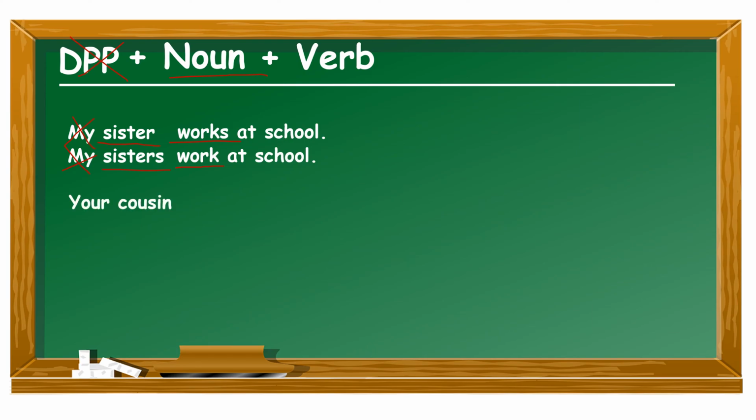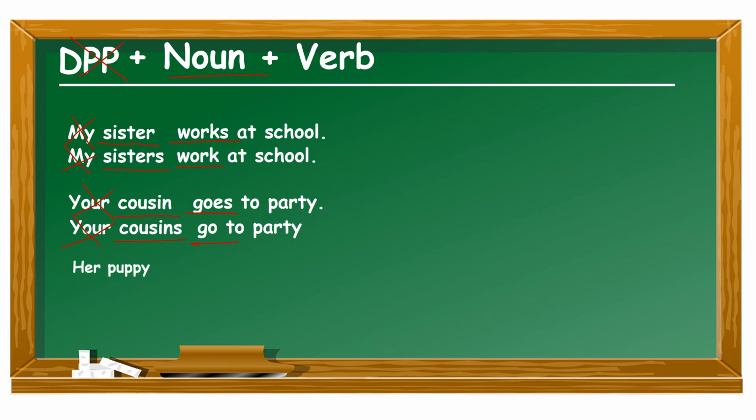The second example would be your cousin goes to party, and here the verb is in the third person singular, and the reason is because the noun is in the singular form. But if you say your cousins, then you have to say go to party. You have to use the verb in the plural form because the noun is in the plural form. And once again, what we see is that the dependent possessive pronoun had no role in determining the form of